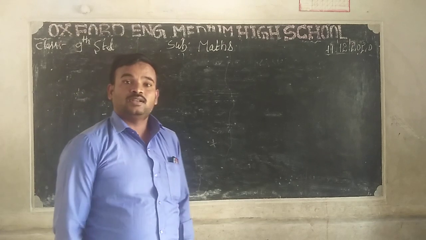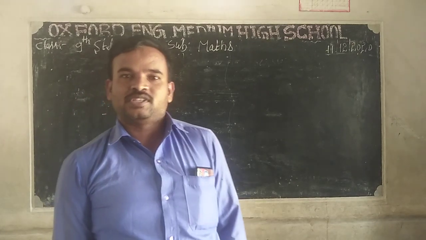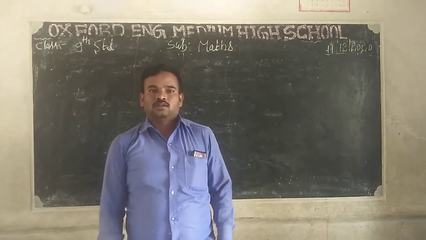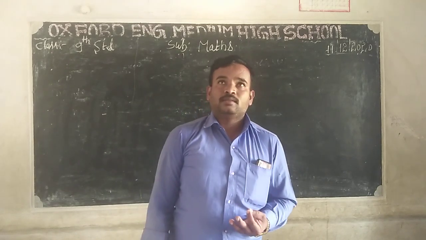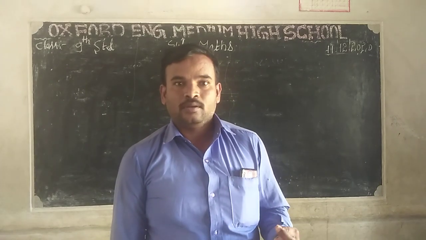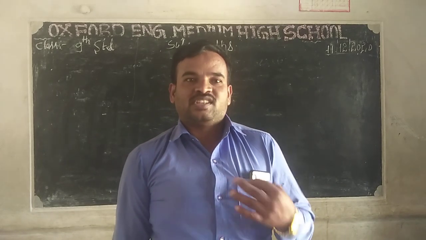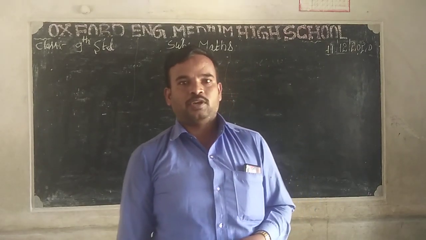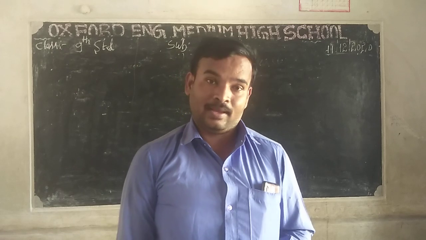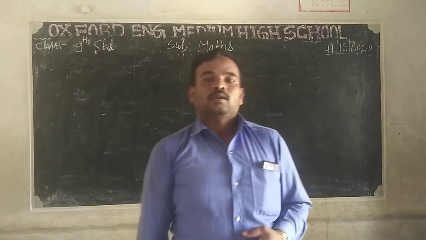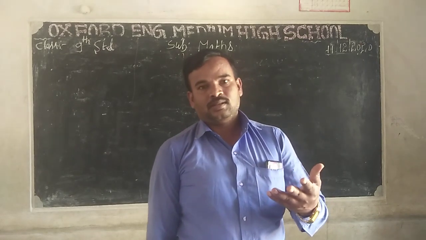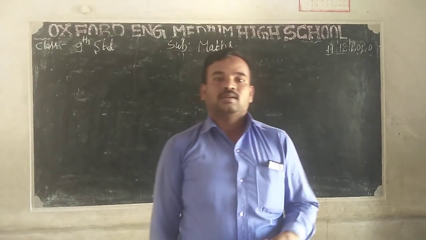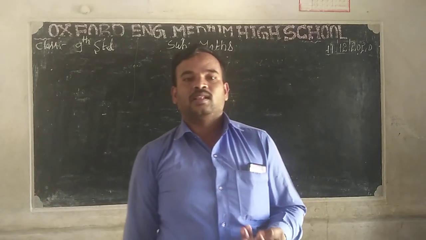Dear students, we discussed lines and angles in the last video class in 9th standard. We covered how to define a line, a point, and a line segment, and some basic aspects in the previous chapter. Further, in this chapter we discuss different kinds of angles, such as acute angle, right angle, obtuse angle, straight angle, reflex angle, and complete angle.